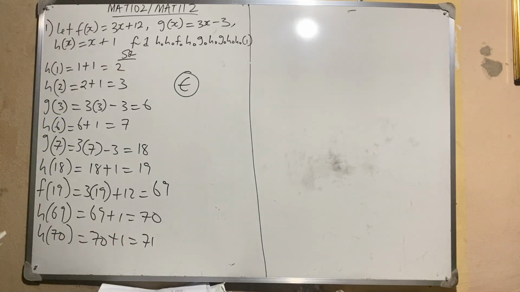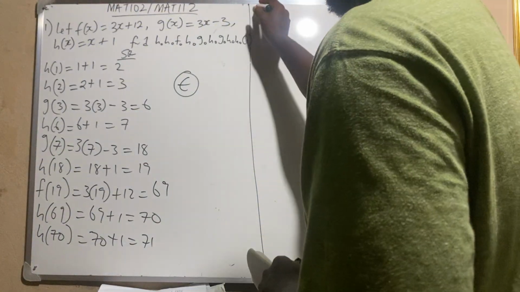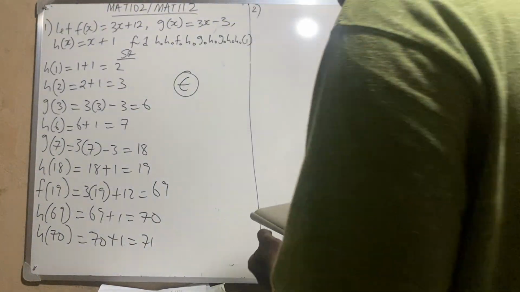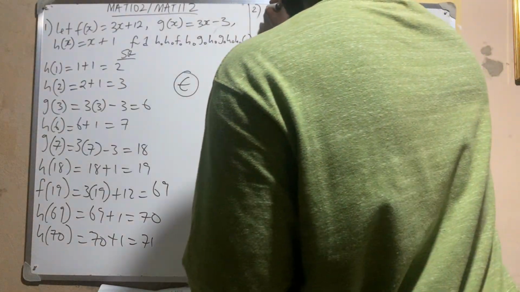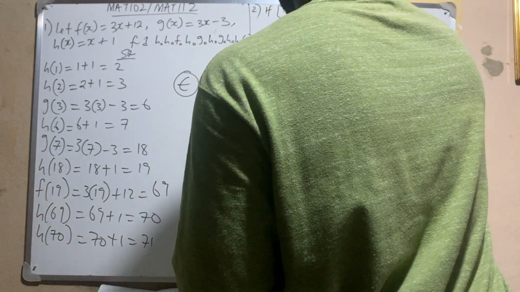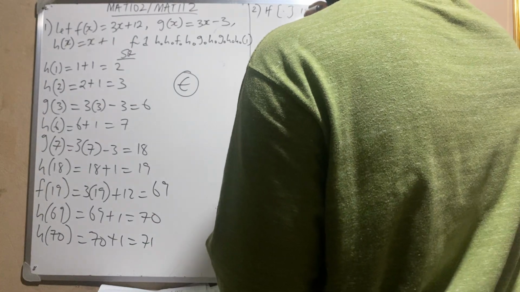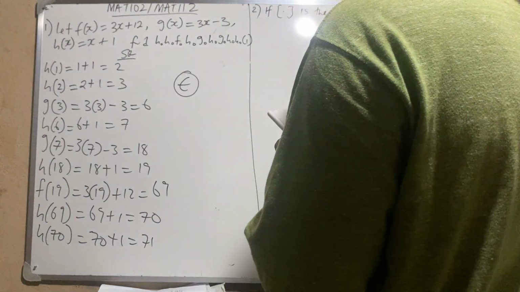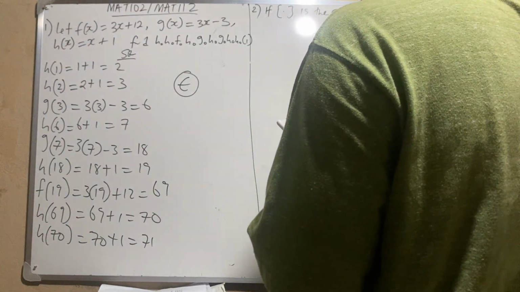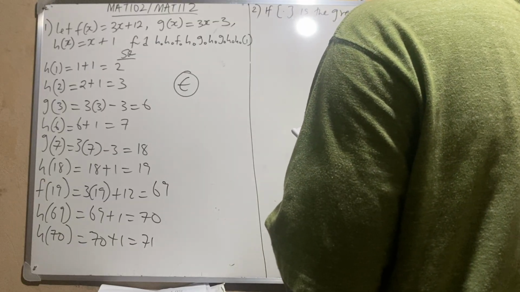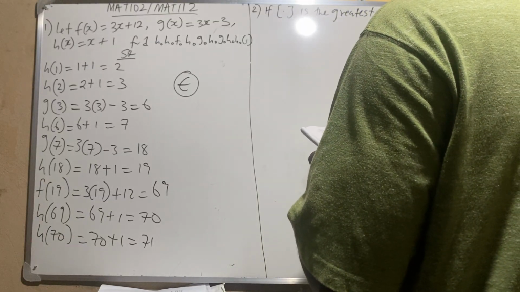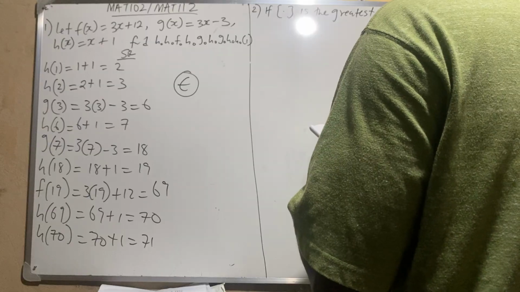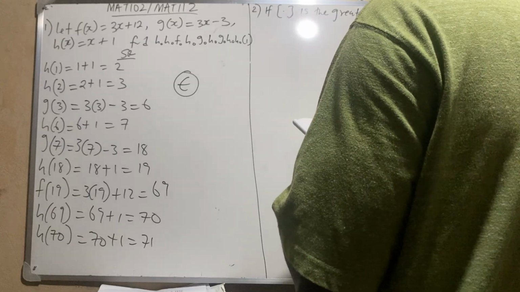So question number 2. Permit me to write it here. Question number 2. I will now be writing the option. Question number 2 said that if this dot here is the greatest integer function, then